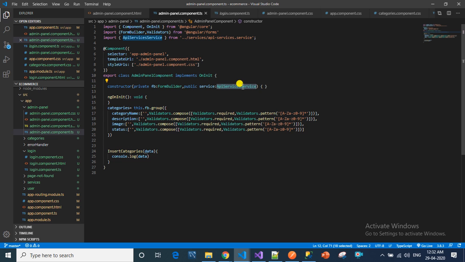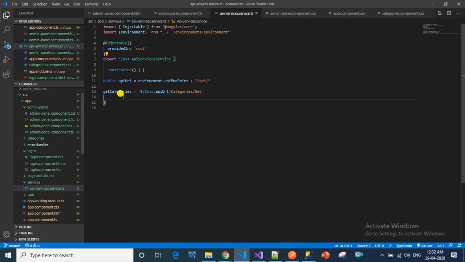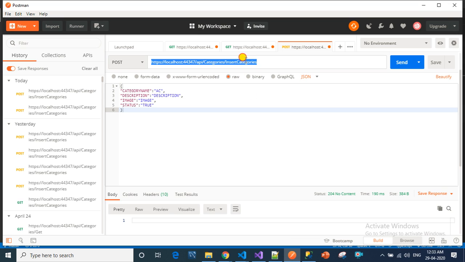Because in the service we have to create a insert categories equal to, so this is the controller name, and after this we have to write method name.